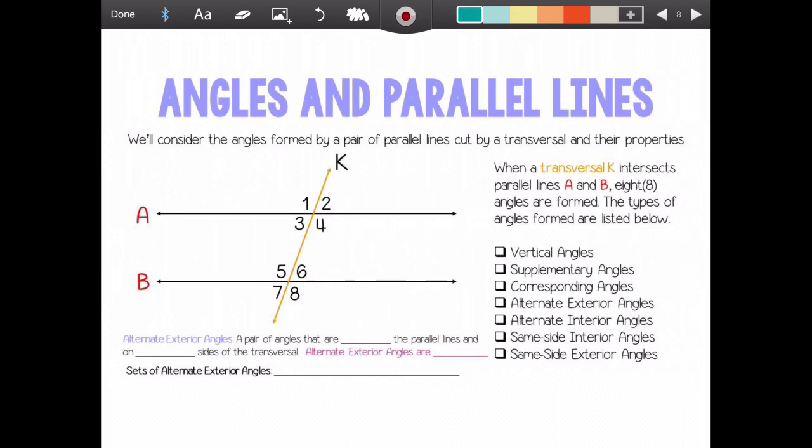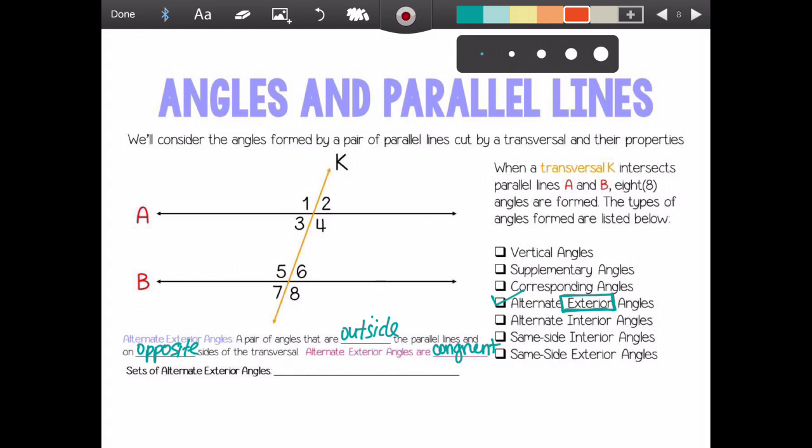And let's see, the next one we're on to is alternate exterior angles. Alternate exterior angles is a pair of angles that are outside the parallel lines and on opposite sides of the transversal. Alternate exterior angles are congruent, meaning, again, these are all the same as well. First off, the word exterior. Exterior lends itself to being outside. Now if we were looking at an example,